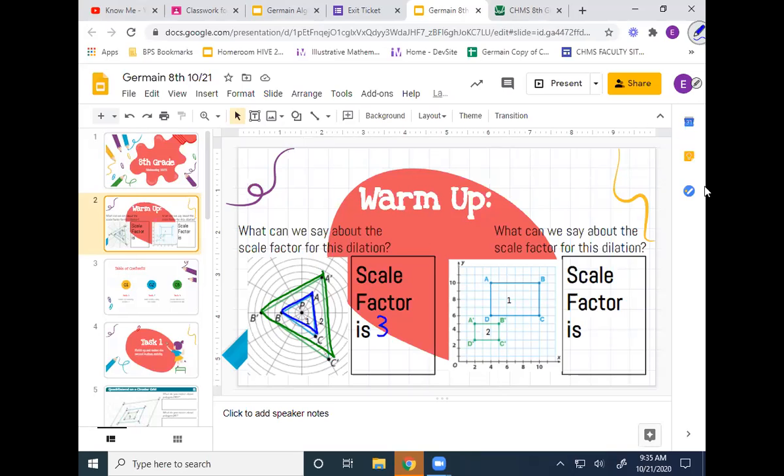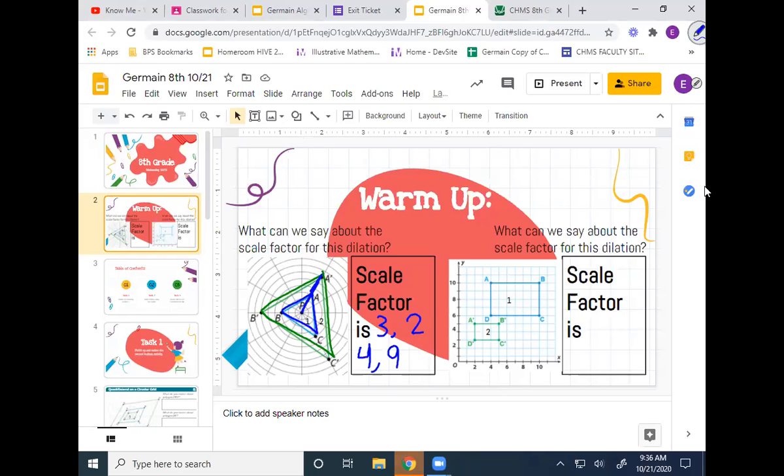I love it, Joe. What I like that you did is you took this one step further than I was expecting people to do. You counted the number of circles out. A was from P, and then you looked at what number you have to multiply that distance by to get it to where it would be A prime. Good. You could have also said an example of the scale factor could have been 2 or 4 or 9. Any number that's larger than 1 could have been the scale factor for this one,